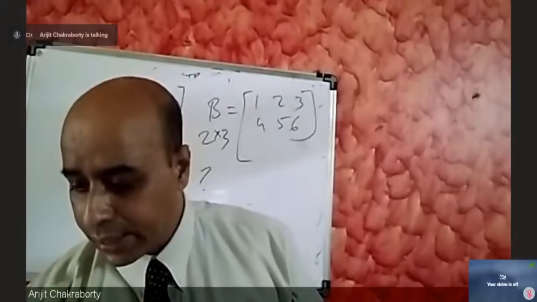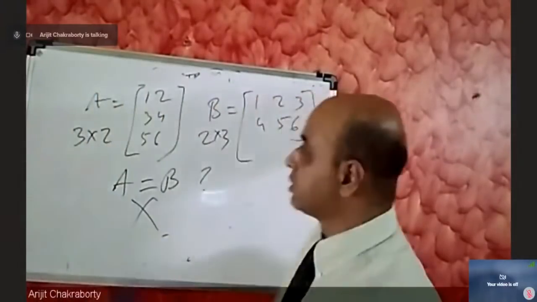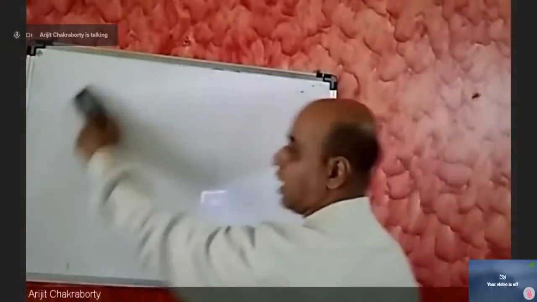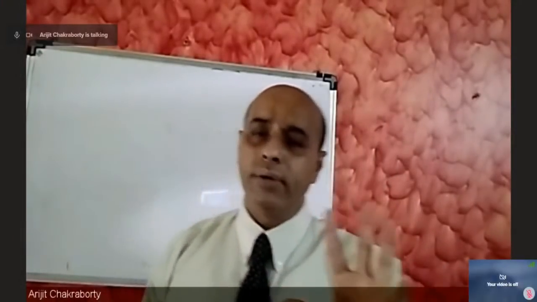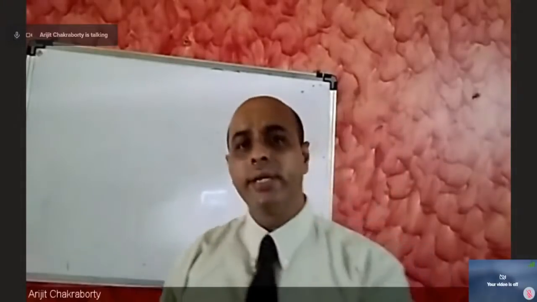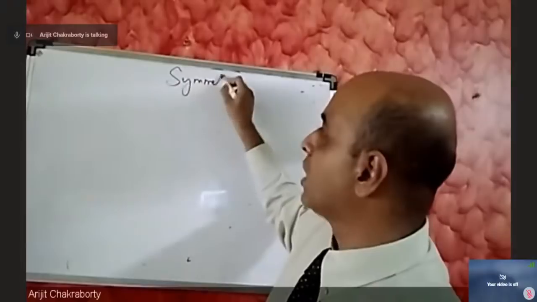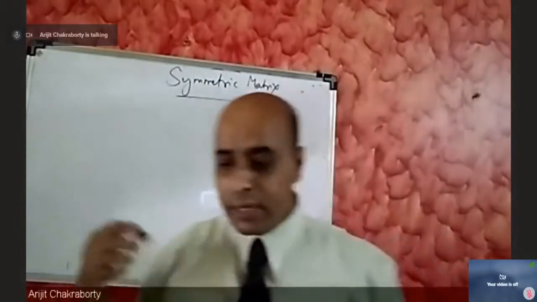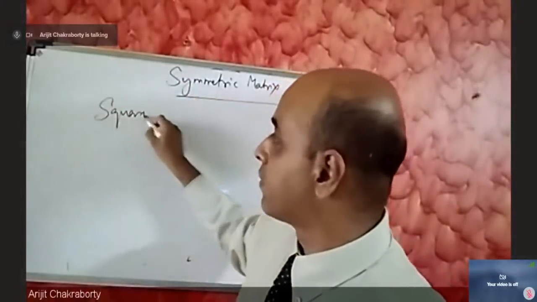Okay. Next one, let's go to what is symmetric matrix. Okay, now symmetric. So I am completing important parts. After the scheduled time is over, we have devoted full 2 hours 15 minutes on today's topic on time value of money. Now the extra time we are utilizing for symmetric matrix. Many of you asked about symmetric matrix. Symmetric matrix is a square matrix. Please remember it's a square matrix